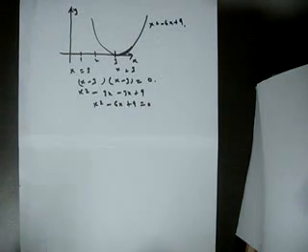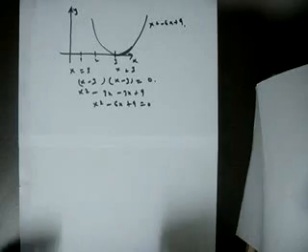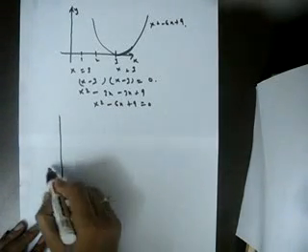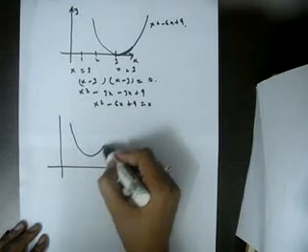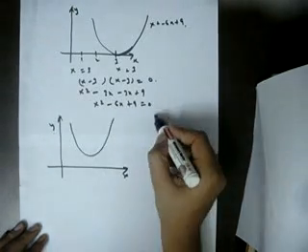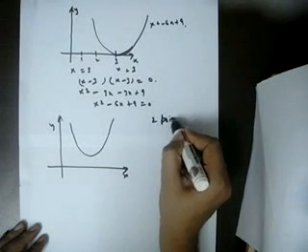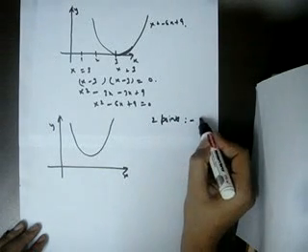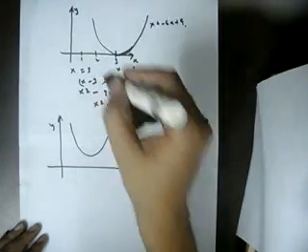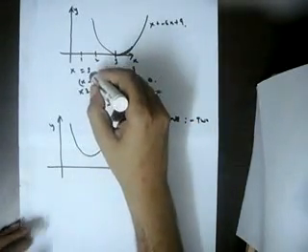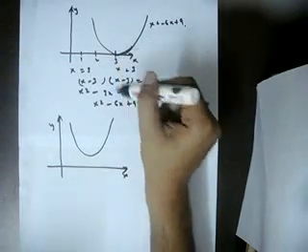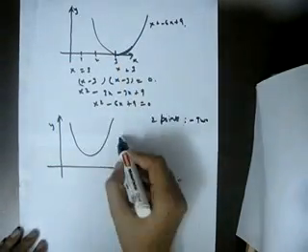Now if we consider another case, there is a possibility that this doesn't touch the x-axis at all. If it was touching 2 points, then we had two distinct solutions. So in that case it was 2 and 4. If it was touching 1 point, then we get two solutions but equal, so x equal to 3 and x equal to 3. But if it doesn't touch at all, then we get no solution.